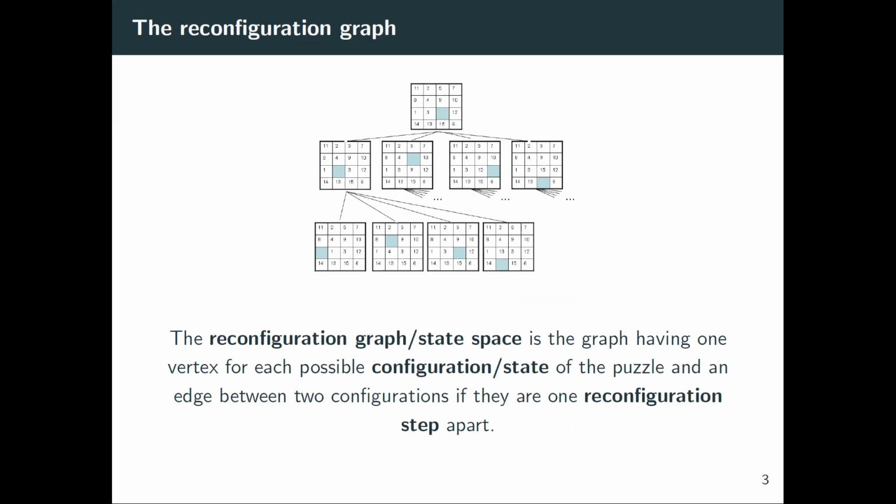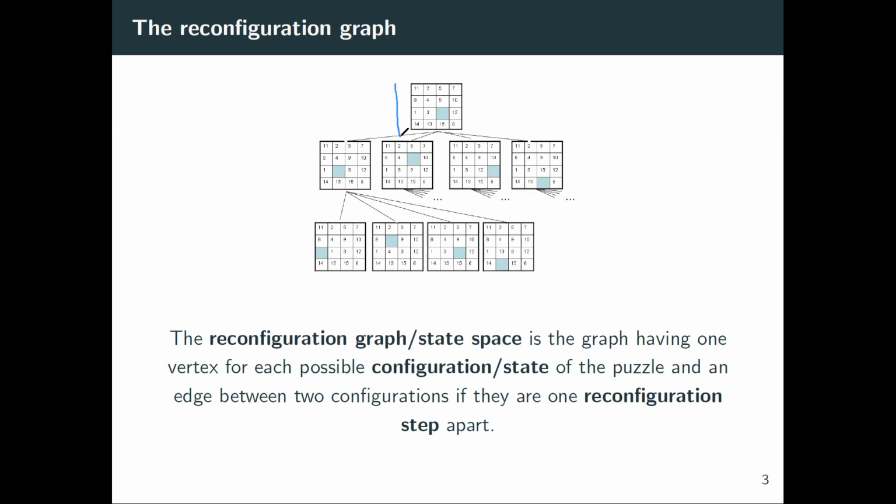So basically each possible configuration, so it would be a possible permutation of the 15 numbers in addition to where you're going to put the empty square. Each one of those will be a vertex in the graph. And now we connect two vertices in that graph whenever one can be reached from the other by a single move. And what do we mean here by a single move? It's basically just moving a number into the empty square.